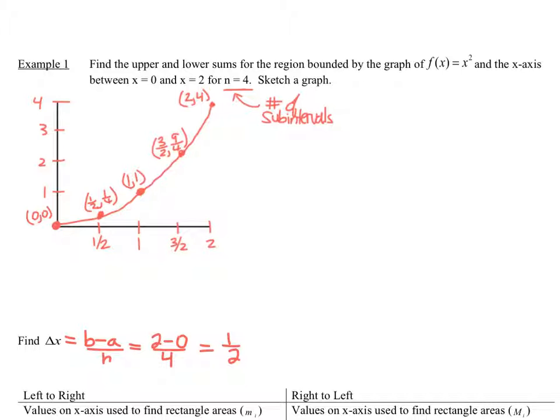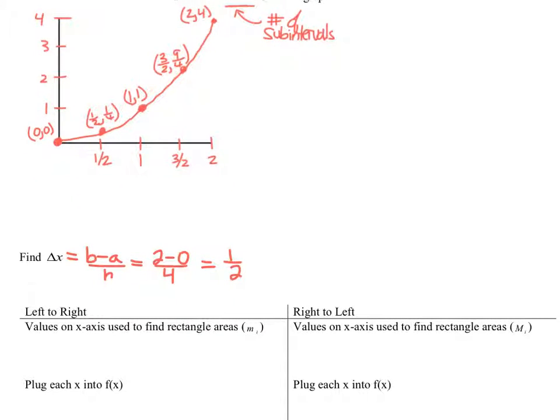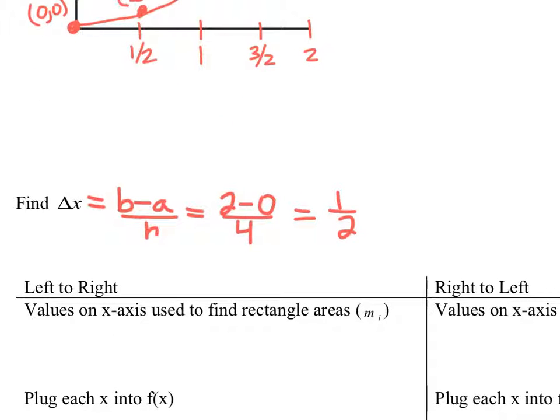So what we're looking for, when it says left to right, is values on the x-axis used to find rectangles. We call that m sub I. And then we plug that into f(x), and we do a lot of other stuff with that. But it all starts with this one simple idea, left to right. What does that mean? What it's telling us is that we're starting on the leftmost part of the graph and working our way to the right. Specifically, it's telling us that the upper